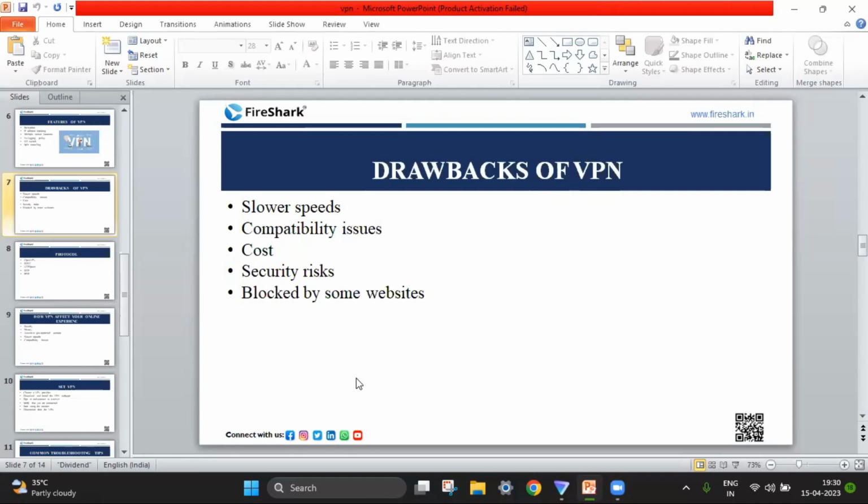So if you are using a paid one, speed will be good, but if you are using the free one, there will be much slower speed. And next is compatibility issues. So some VPNs may not be compatible with certain devices, operating systems, or apps. This can make it difficult to use the VPN on all of your devices or to access certain websites or services. Next is cost. So while there are a few free VPNs available,